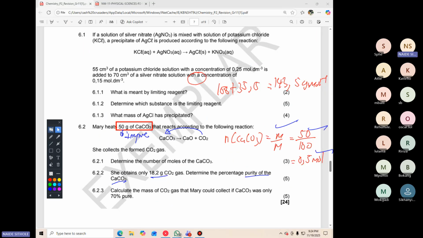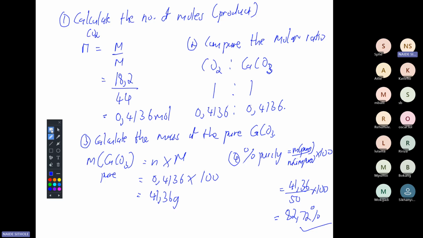Then that's basically that. So you follow those 4 steps when it comes to calculating the percentage purity. It's still the 3 stoichiometric steps with the addition of this one. And then I get confused about theoretical yield and the percentage yield. Percentage yield has its own formula. Percentage yield says actual yield over theoretical yield